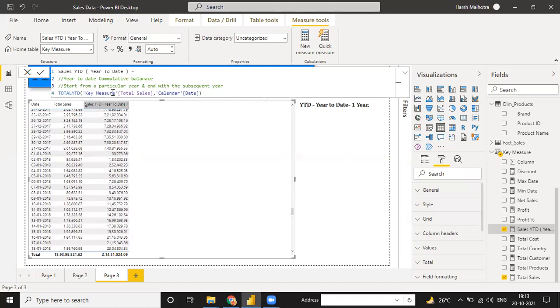So that is the main importance of YTD, that YTD balance is the cumulative total of your balance from the start to the end of the year only, and it is for 1 year. I can just write it here as for 1 year.